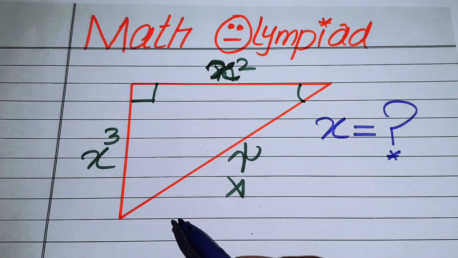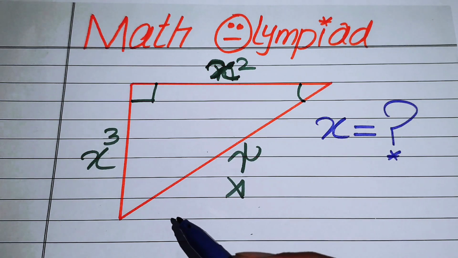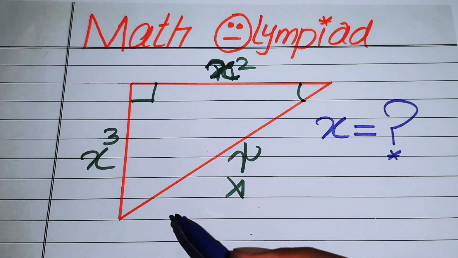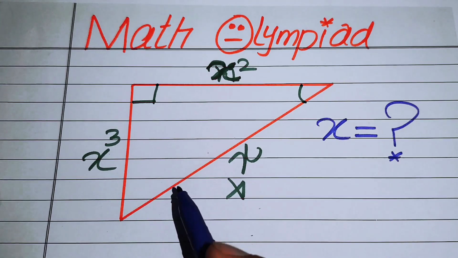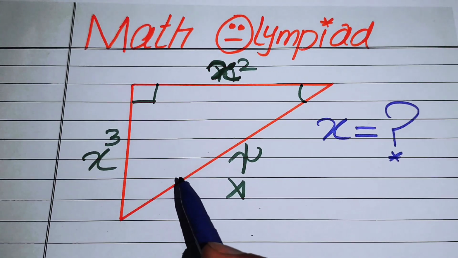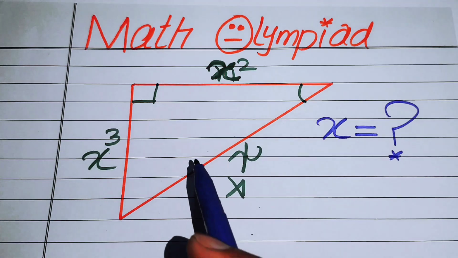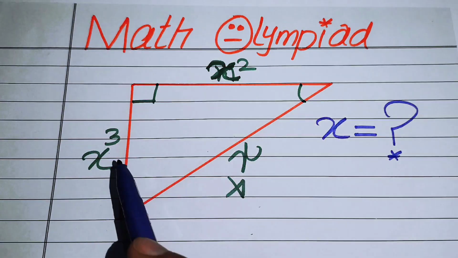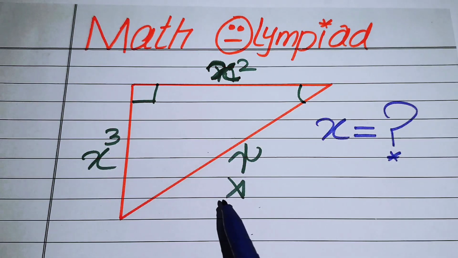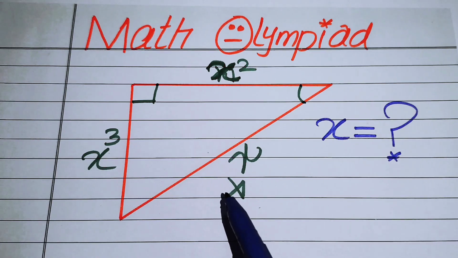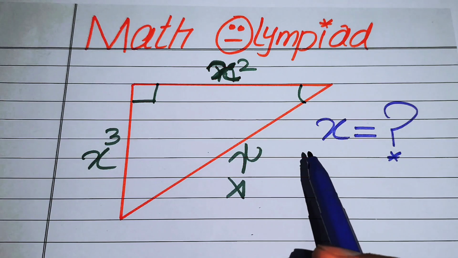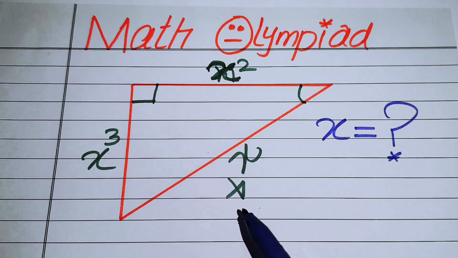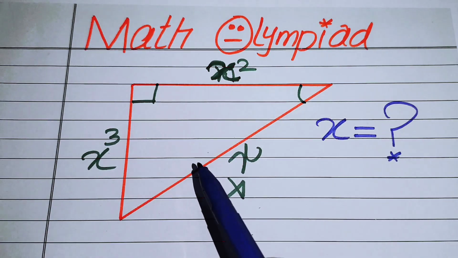In this video we are going to solve this nice math Olympiad geometry problem. Here we have a nice right triangle whose side lengths are x squared, x cubed, and x to the power of 4, and we will solve this geometry problem for the values of x. So the very first thing we are going to do is,